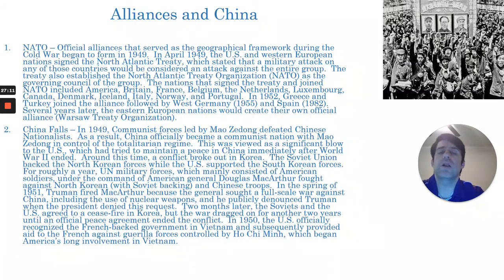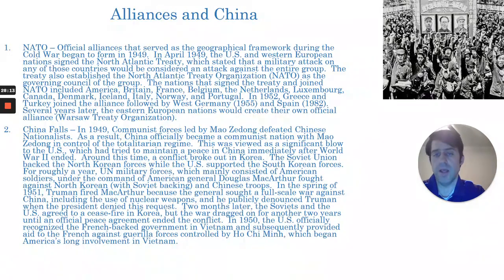However, one place where the Communist Party was successful outside of Eastern Europe in the post-war era was China. In 1949, communist forces led by Mao Zedong defeated Chinese nationalists and officially took over the Chinese government. China, with Mao Zedong at the helm of government, became a communist nation and a totalitarian regime. It is still very much that way today. Mao Zedong reigned at the top of this governmental regime from 1949, when the war ended in the fall of 1949, until his death in the mid-1970s, and there have been various successors to Mao ever since he passed away